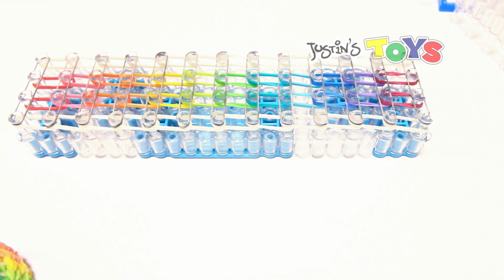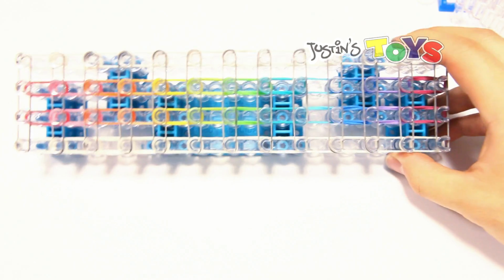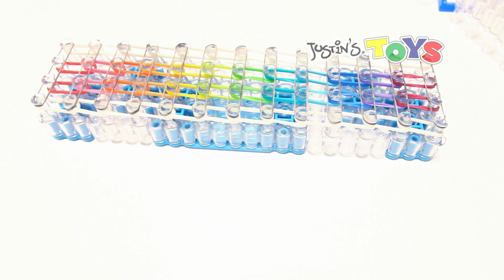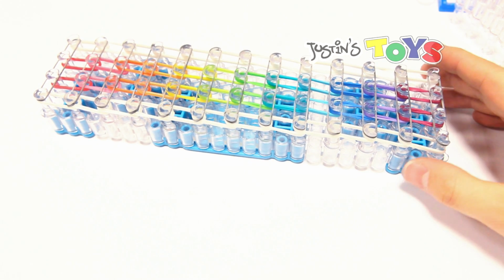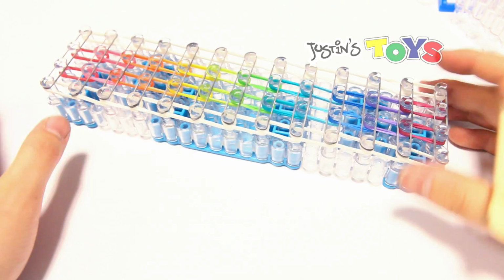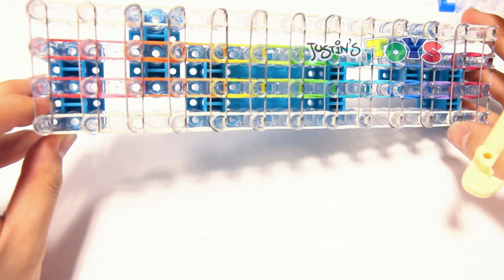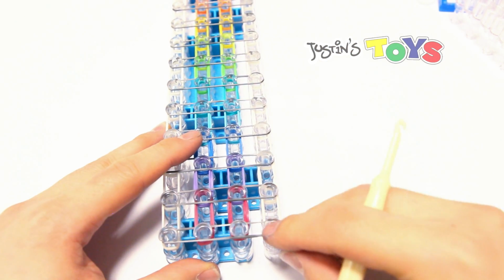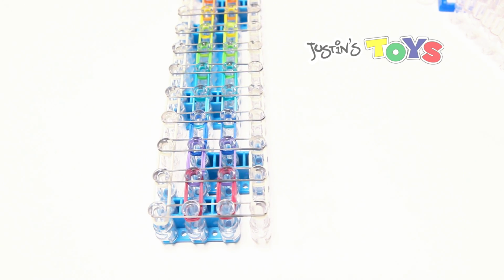Alright, so my setup is finally complete. Now remember this, because you're actually going to have to recreate this whole entire thing later. But at this point, you're ready to start looming. So make sure that now the arrow is pointing towards you. Instead of these pegs looking like U's, they're going to look like